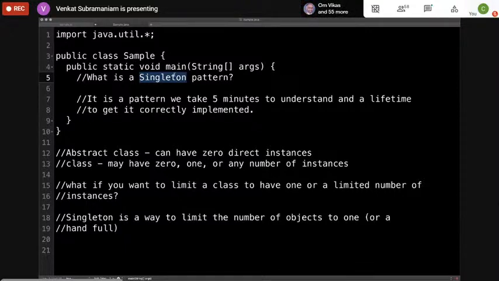Hey, great idea. And then if 3 weeks goes by, you see a kid playing with 2 objects of your singleton. And you're like, kid, how did you create 2 objects? And the kid is like, oh, I used multi-threading. I created 2 threads, and from both the threads, I called the get method at the same time. Your get method came through 2 threads. They both checked the field. It was a static field, which was empty. So they both created an object and returned it to me. And look, I have 2 objects. I'm like, darn it, kid, you're too smart for me. I'm going to go fix it.